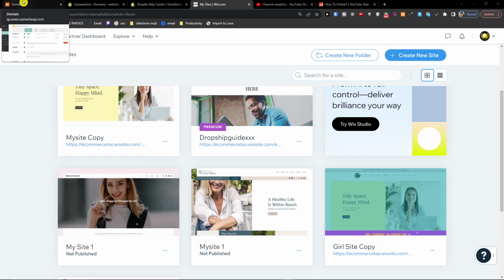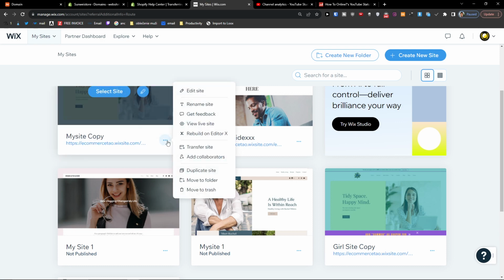you can connect your Namecheap domain to your Wix site for free, so you don't have to actually pay for the Wix plan. So the first thing that you want to do is that when you're going to be in